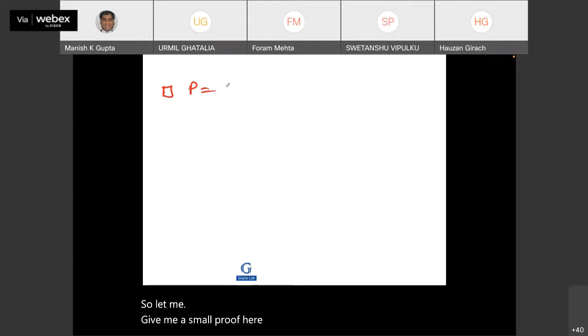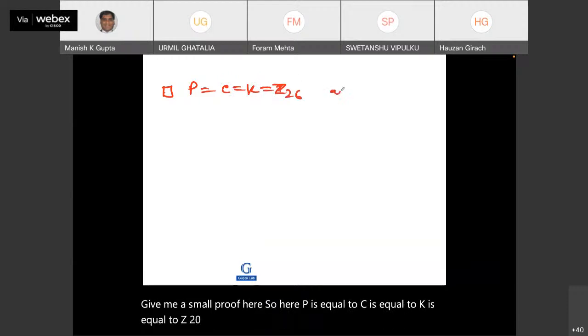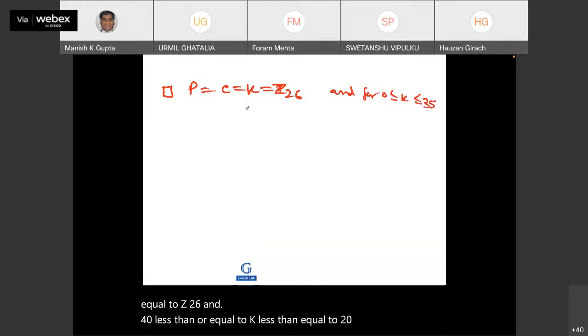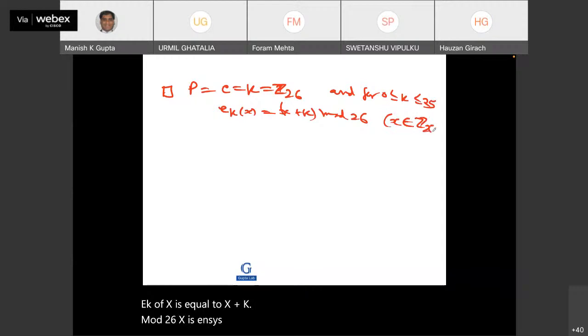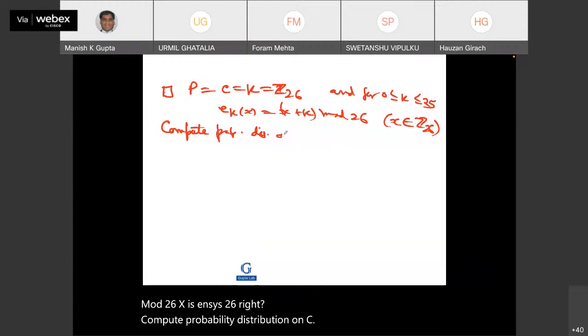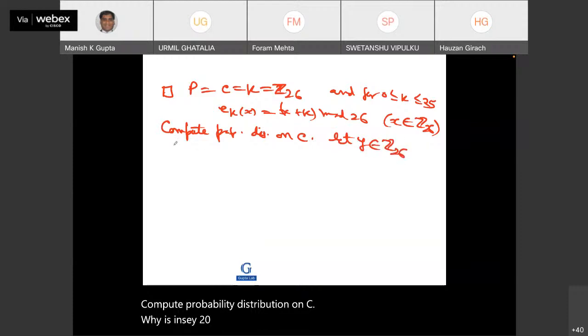So here P is equal to C is equal to K is equal to Z26, and for 0 less than or equal to K less than or equal to 25, the encryption rule EK of x is equal to x plus K mod 26, where x is in Z26. Now compute the probability distribution on C. Let y be in Z26. Then